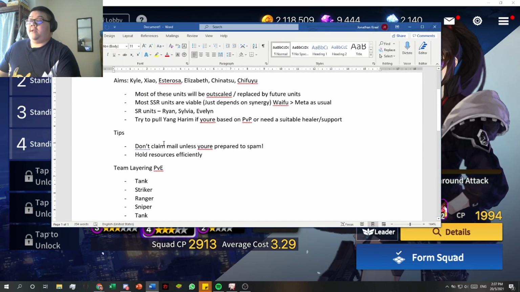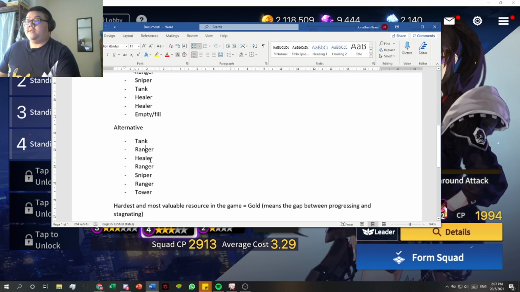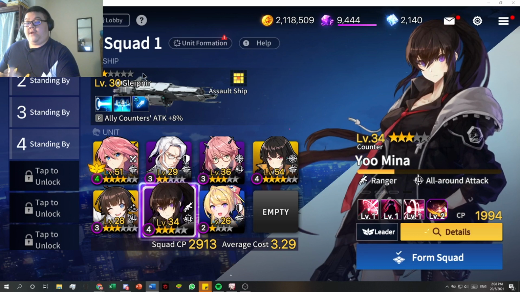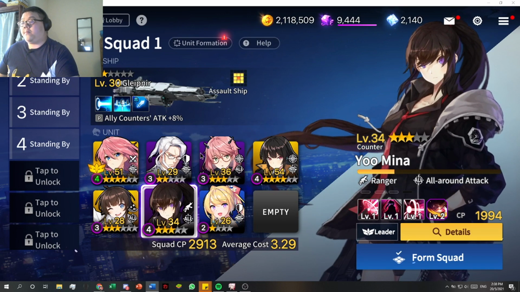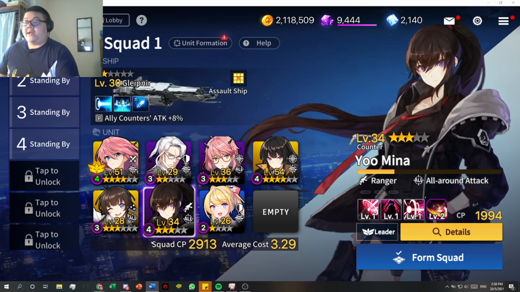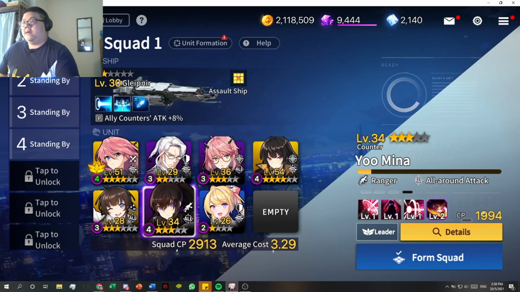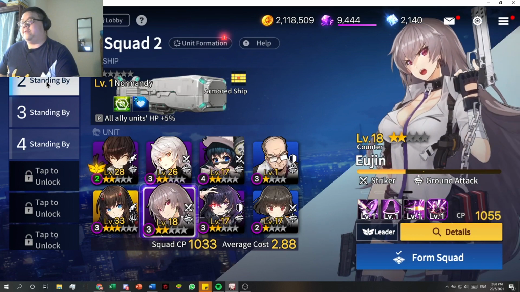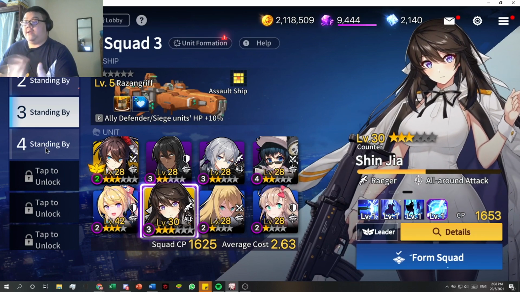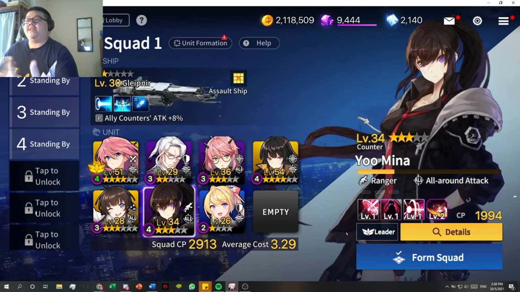So you can actually see, I'll just put it here on the screen. So an alternative will be tank, ranger, healer, ranger, sniper, ranger, tower. So a lot of rangers, and of course the most notable being Kao Wong. So unfortunately, I have a lot of rangers, but I don't have them trained. So for now, I would say sticking to one team is the best, or at most two teams. Any more than that, I think you can slowly bring up your units. There is totally no rush, but I recommend no more than two teams for the time being, because efficiency's sake,